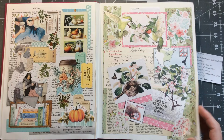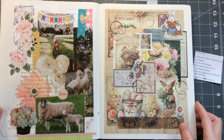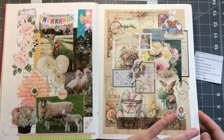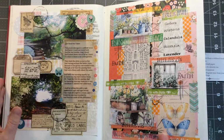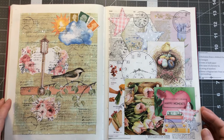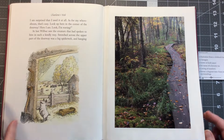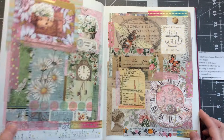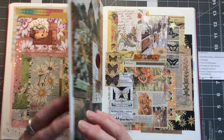Today is another day in the Margarete Miller Collage Challenge 2024. We are at week 35 now. Gosh, hard to believe. We're heading into the fall. I can feel it in the air, and I do get these little twinges of excitement as September is usually my favorite month. I just love the fall and the pumpkins and everything about fall, really, the changing of the